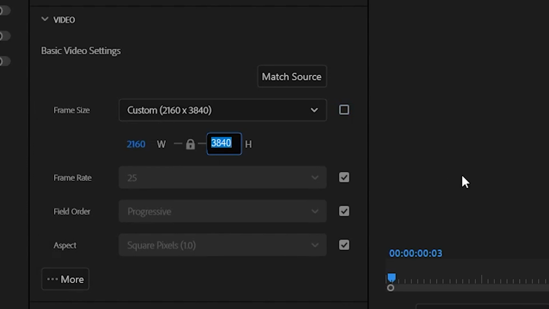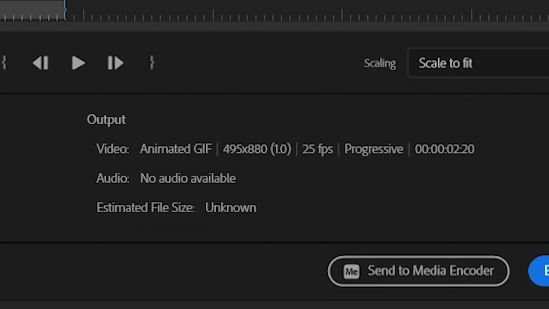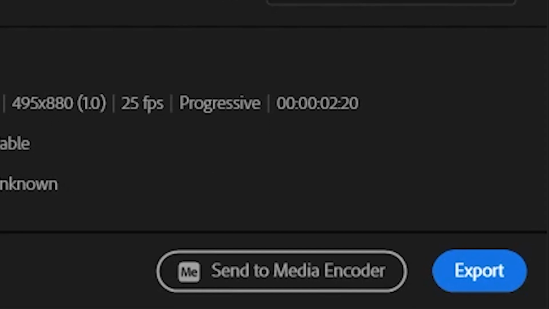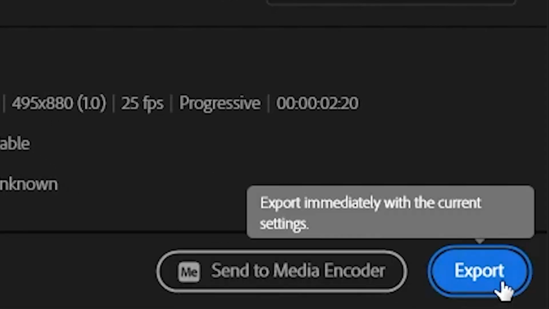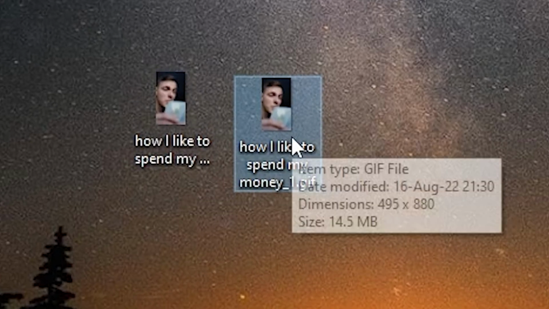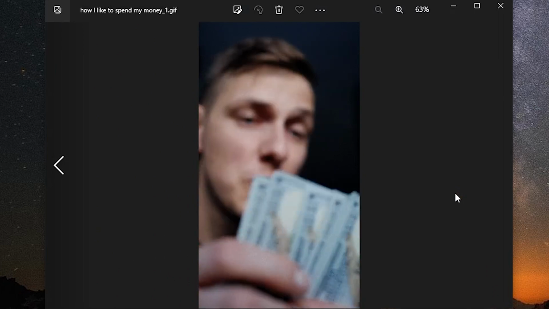Let's say now I want to have our image not 4K, but something around 495 by 880. Because why not? Unfortunately, Premiere is not estimating the size of GIFs, or I'm doing something wrong. That's the reason why I'm blindly looking for the perfect size smaller than 16 megabytes. So let's export it the second time and see. Okay, so now it's just 14.5 megabytes, exactly what we were looking for.